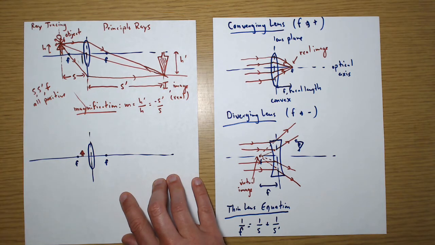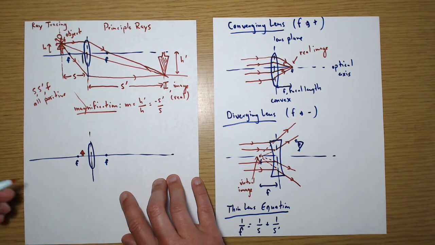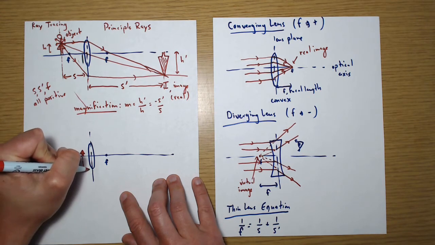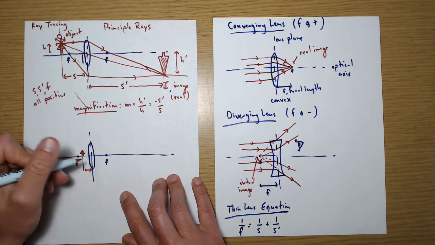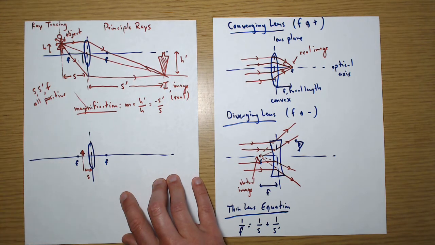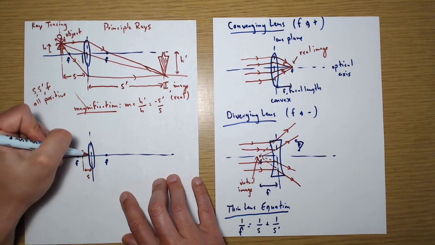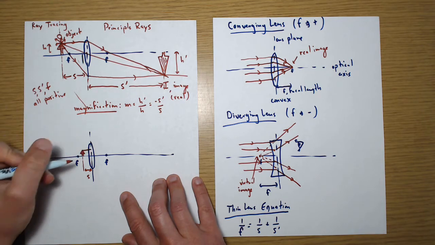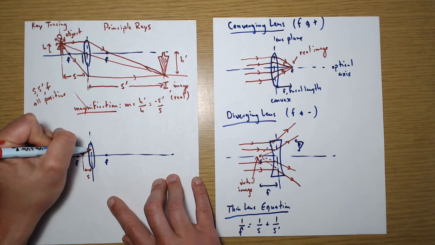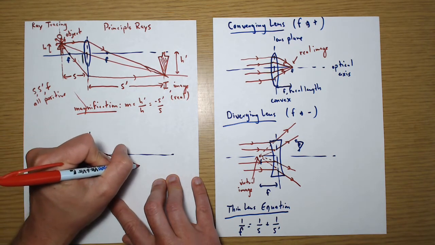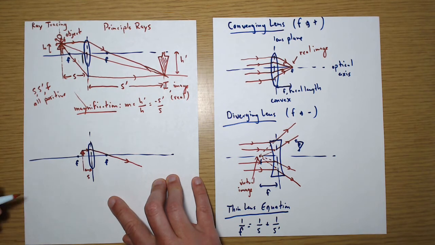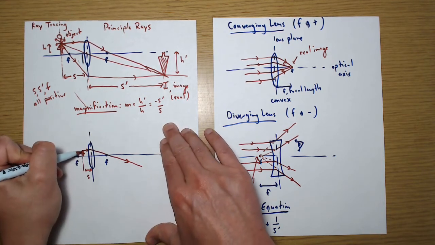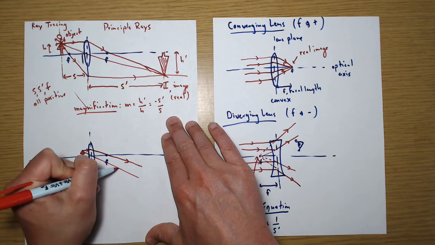Here's my object inside the focal length. Well, in this case, let's try to figure out where the image is going to be produced. So here's my S. I'm going to draw the principal rays. I have one ray that goes like this, parallel, right, and then through the focal point. I have another ray that goes right through the center, undeflected,